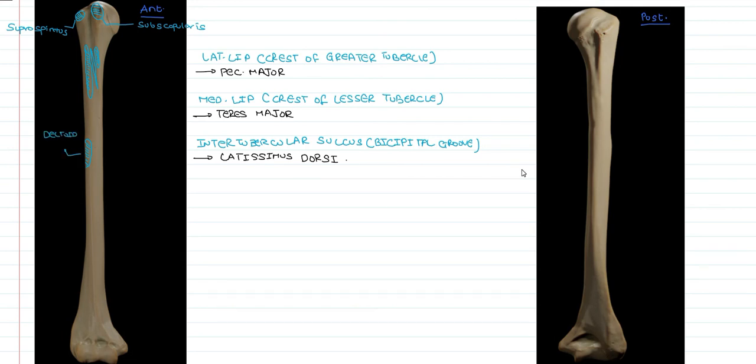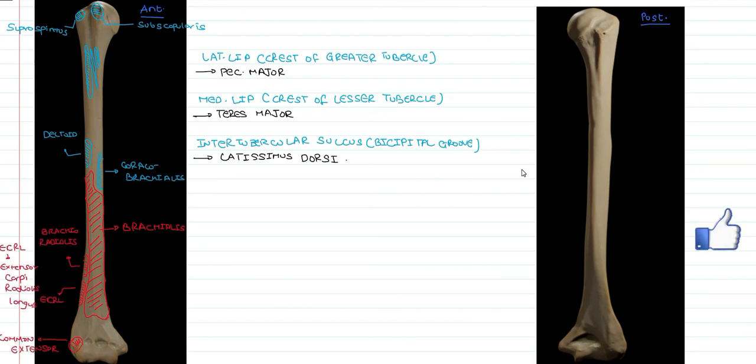And on the anteromedial surface, we have the insertion of coracobrachialis muscle, which originates from the coracoid process of the scapula. Next, we have the brachialis muscle, which takes its origin from the lower part of the shaft of the humerus. Here we also have the origin for the brachioradialis muscle, the extensor carpi radialis longus muscle, and other extensor muscles from the region of the lateral epicondyle.